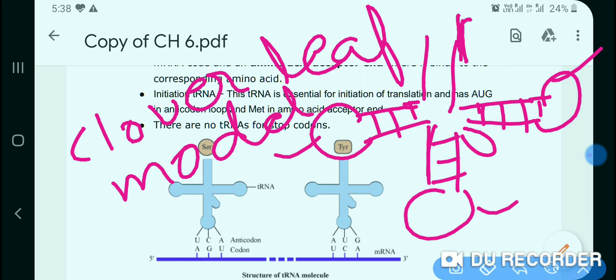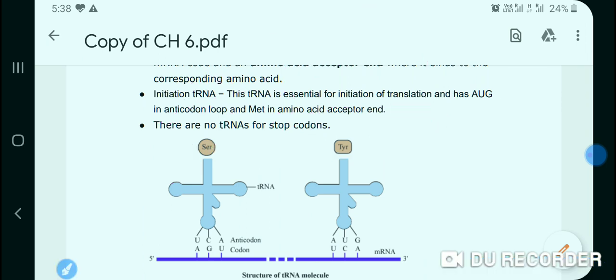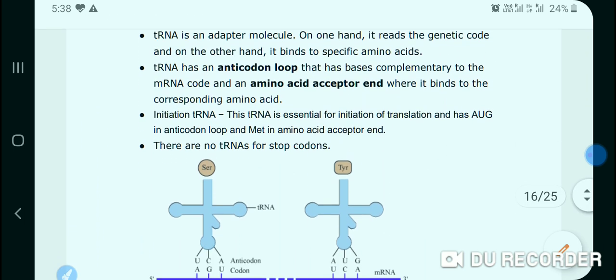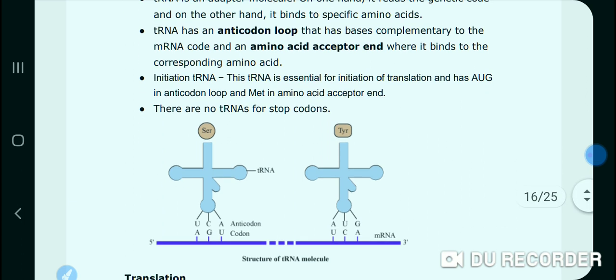These hydrogen bonds are formed between the complementary base pairs, but in the loop there are some abnormal nitrogenous bases due to which hydrogen bonding doesn't take place. So let us know about the different loops of transfer RNA. Students, first